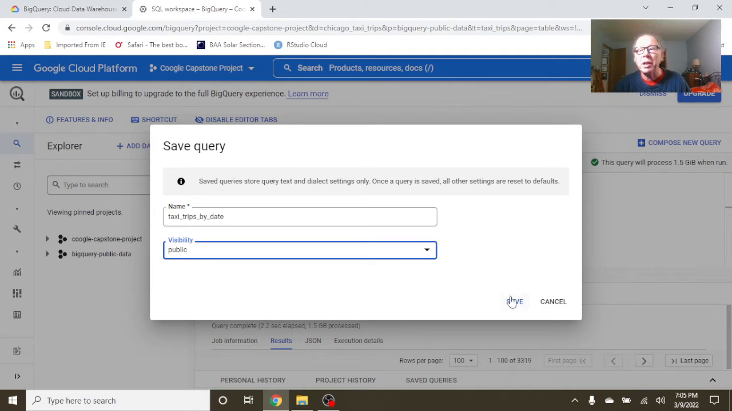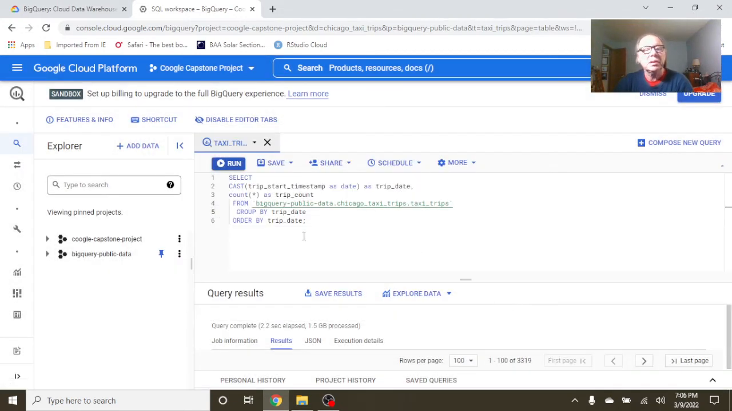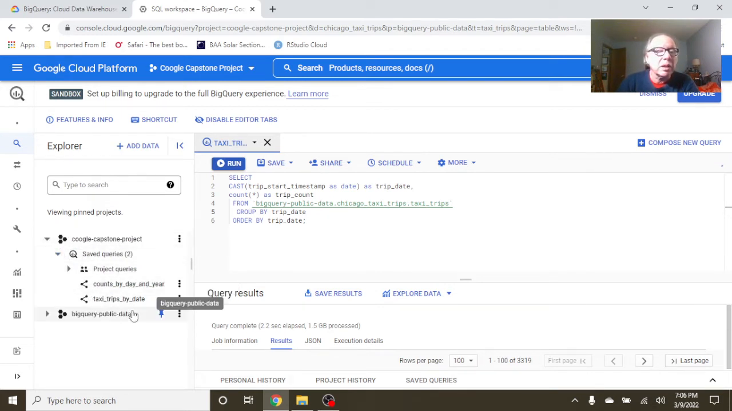I'm not sure what public means, but let's do it anyway. So now if you come back over to your project, click on the arrow that says saved queries. It says 2. Well, I guess there is 2: trips by day, counts of trips by day and year. So now we got our query right here. Now the second thing we can do with it is that we could